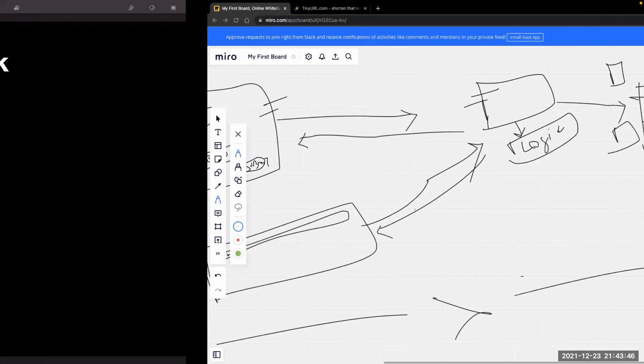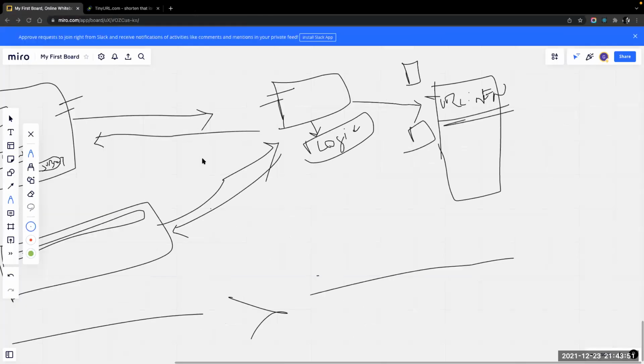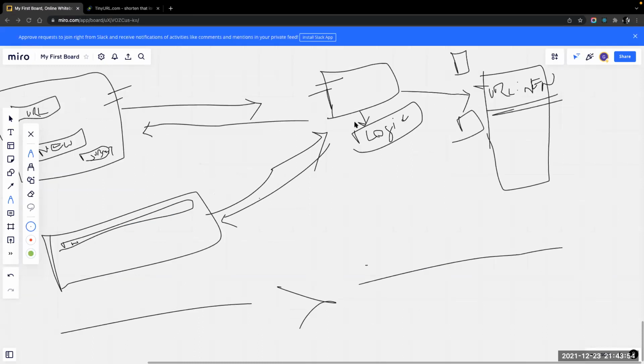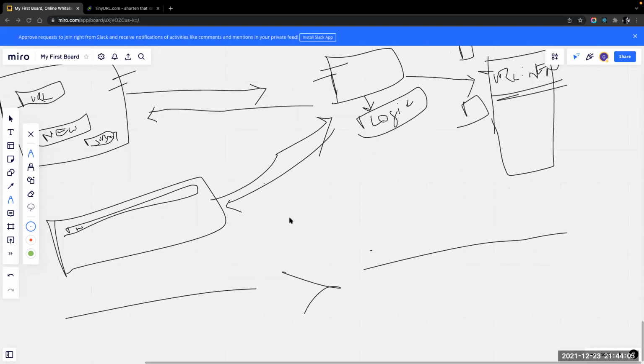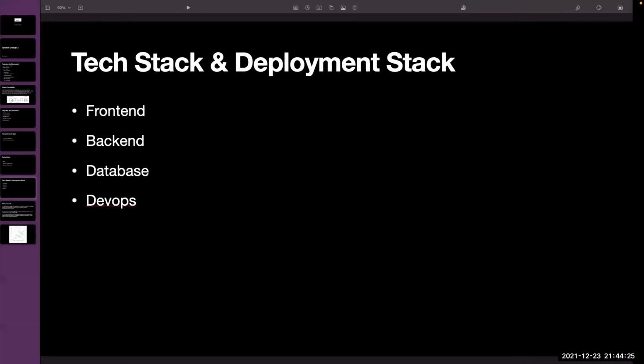Then we have DevOps. DevOps is where this complete thing gets deployed. It is going to sit in a cloud machine. A server will sit in a cloud machine, and this will get served in a certain place. The place where DevOps comes into the picture can be handled using AWS or GCP. At the end of the course, I will create the applications and show how they can be deployed and passed to different users to use. I'll show you a demo of everything. So that is the DevOps part.